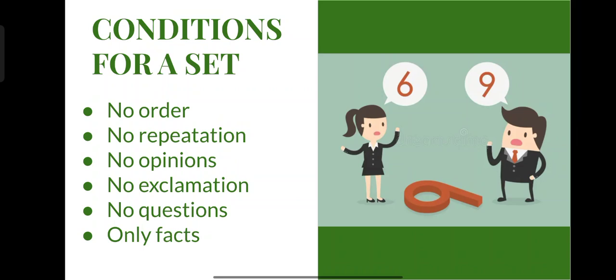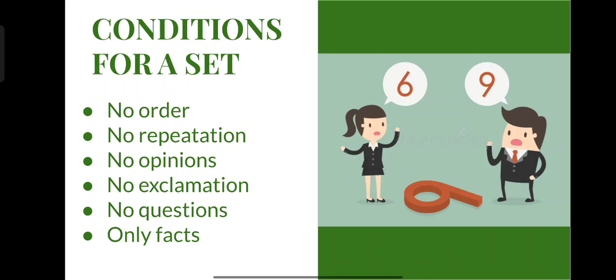What all things does the term well defined in the definition stress, and what all things does not belong to the set because of this well defined collection of objects? Okay, so by definition a set is a well defined collection of objects, and in the introductory video we have already seen that for a set there is no order as well as no repetition. So the first 2 points, which are the conditions for a set, are very familiar to us. And then comes the third one, it is no opinions.